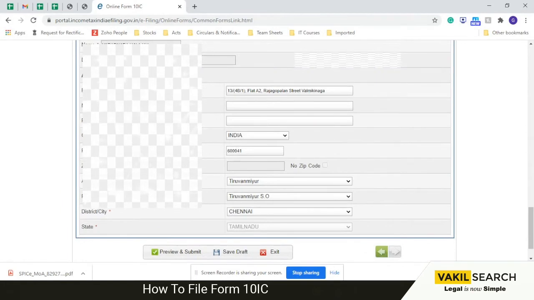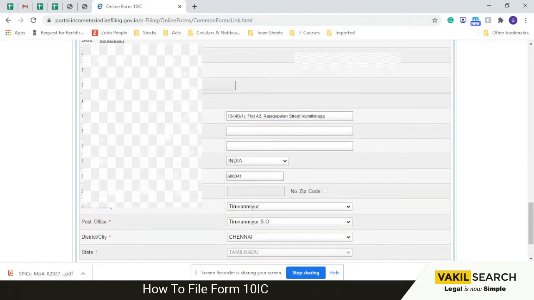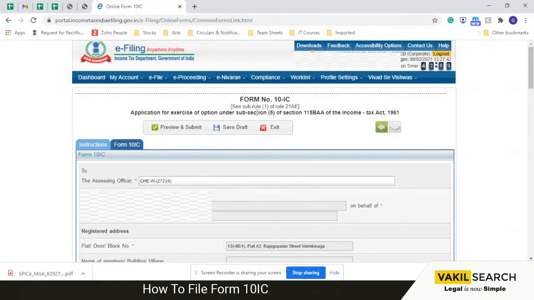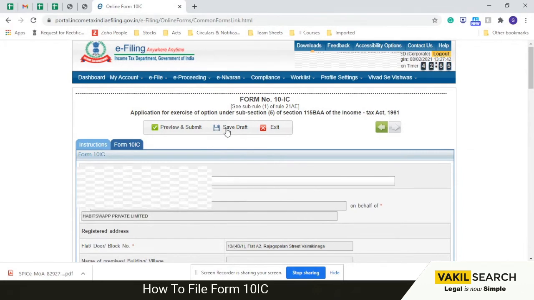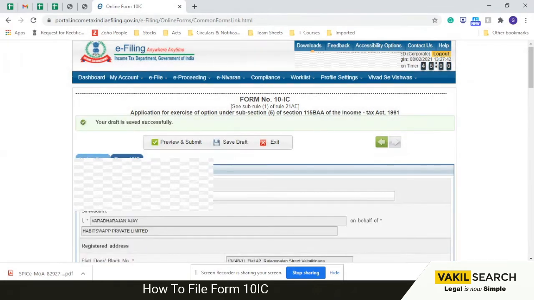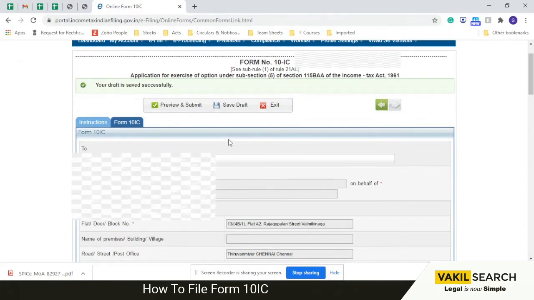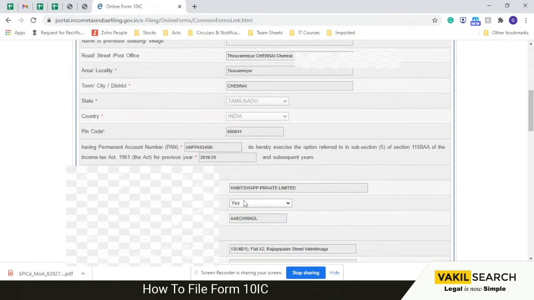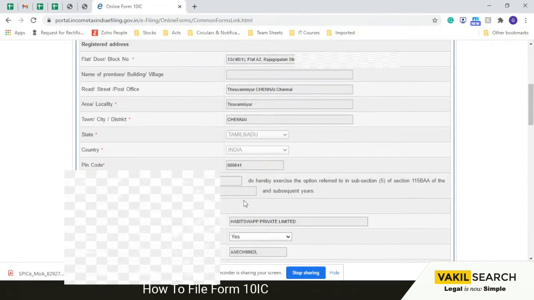And the last information which we have to fill is the address of the director. So once I fill the address of the director, I can directly go and submit the form now. Better, whenever you are filling the form, you can use the save mode as well. So you can select this option, save as draft. This will ensure that whenever you log out and log in again, the details which you have filled in are already recorded. No need to fill it again.